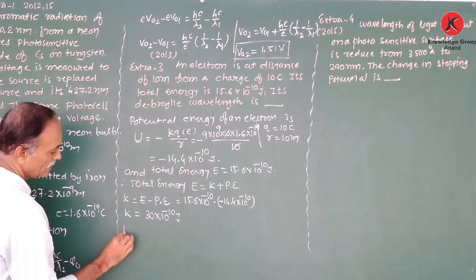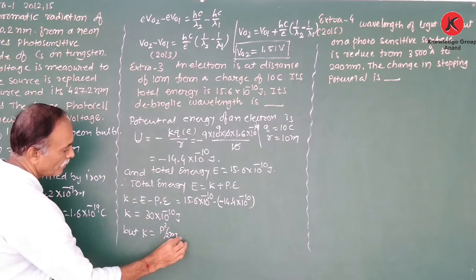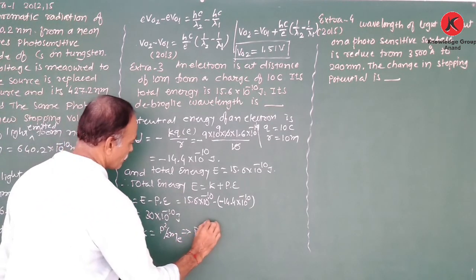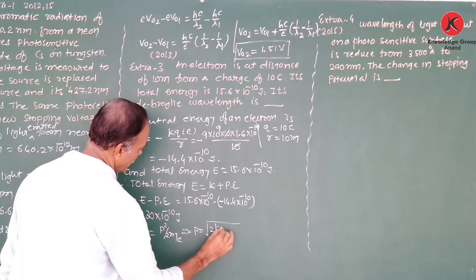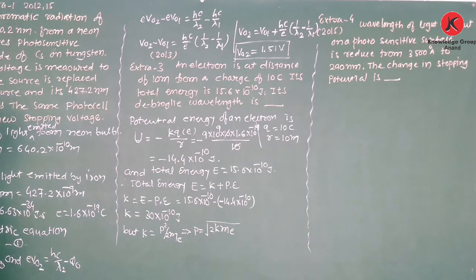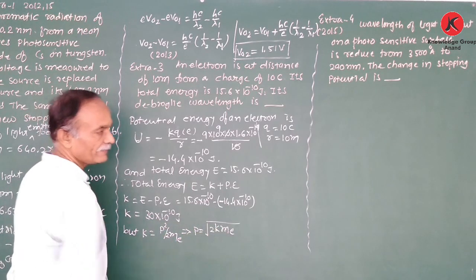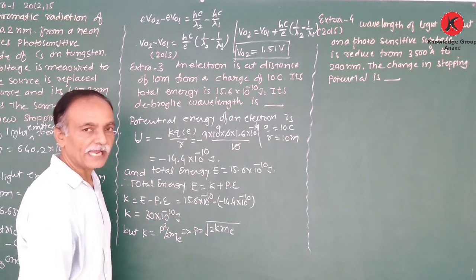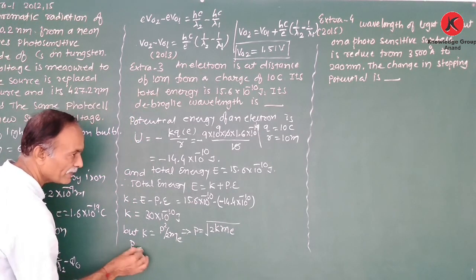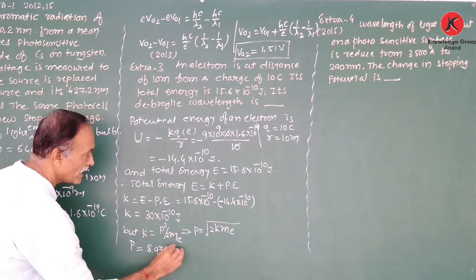But we know that kinetic energy K is equal to p square upon 2m, m being the mass of an electron. Therefore, momentum p is equal to under root of 2Km. Calculate this value by substituting the values. Kinetic energy is this. m, mass of an electron, 9.11 into 10 is to minus 31 kg. Therefore, momentum p is equal to 8.97 into 10 is to minus